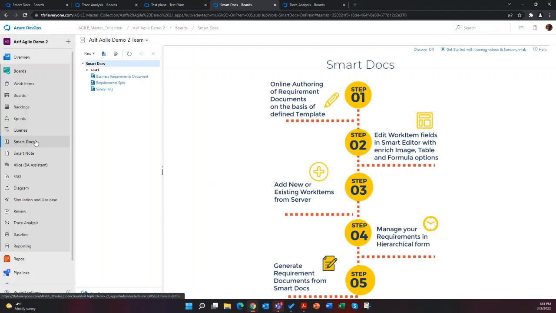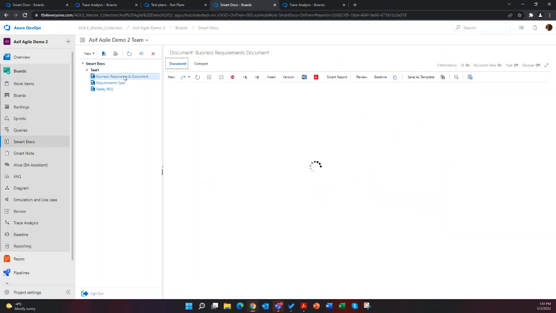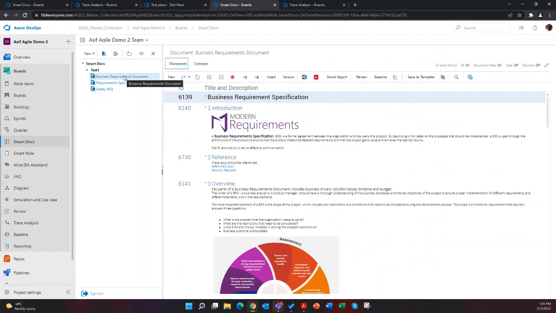Okay, thank you. The next question: is it possible to import old requirements from other tools, for example, DOORS? I'll take that one. The answer is yes. There are a few ways that you can import content from DOORS.